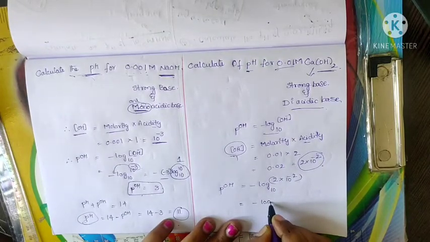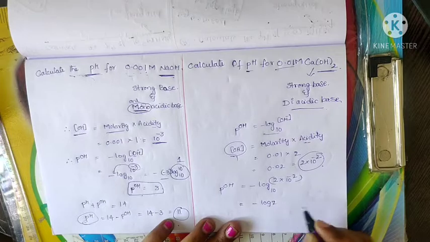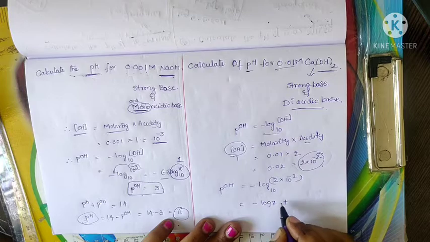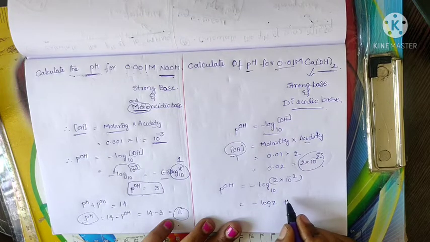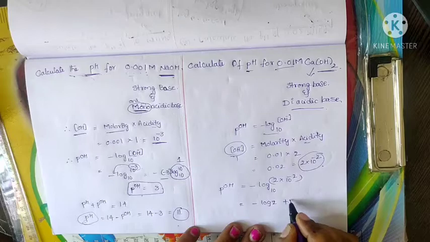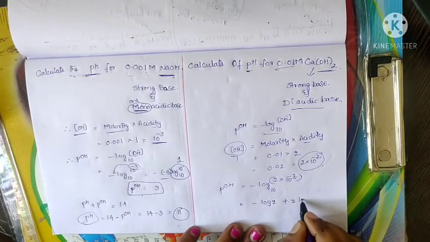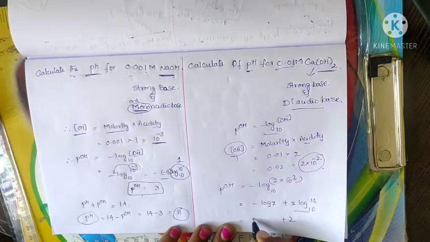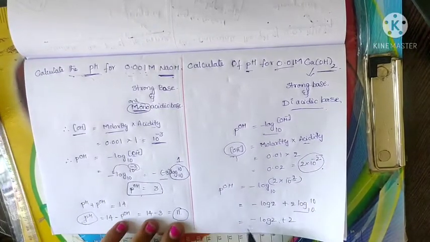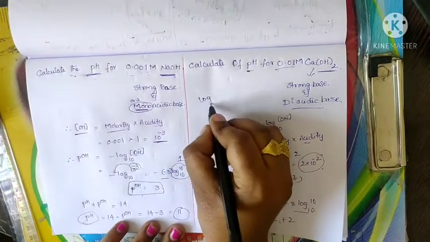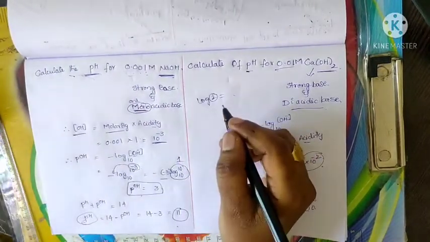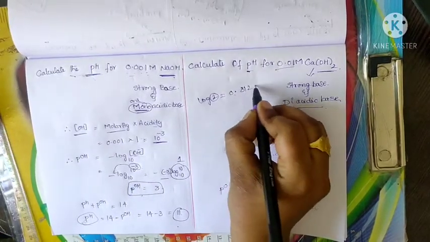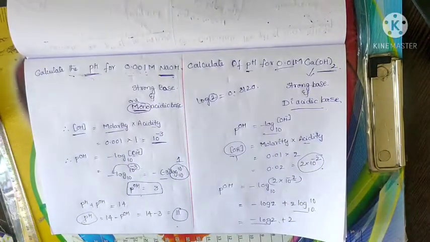So negative log, base 10, and it can be divided in the form log AB. So we write log A plus log B. In this, A value is 2 and B value is 10 power minus 2. So we write it in log A plus log B form: log 2 plus log 10 power minus 2, where log 10 value becomes 1, so log 2 plus 2. Log 2 value is 0.3010. It is the constant value.